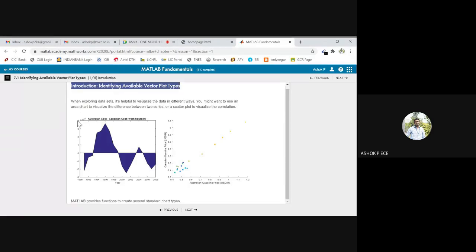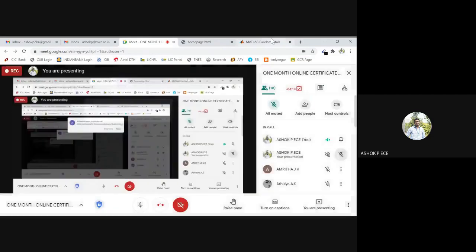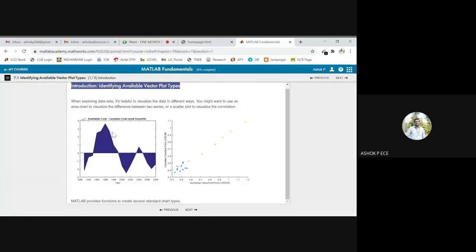Here you can see two types of plots done in MATLAB. In one, the x-axis has year, and the y-axis has 0, positive and negative. They are plotting the difference between the two costs. When you plot the difference, three possible values will be there: either the difference is equal to 0, or it is negative, or it is positive. This is one type of graph where you are finding the difference between the two costs, Australian